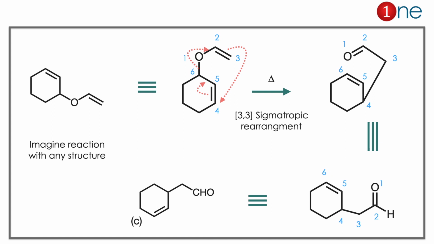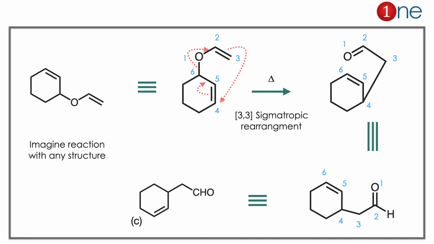So we have to redraw the structure nicely for the rearrangement. Here I redrew, then the rearrangement is possible. So what really happened is a 3,4 new bond is formed, 1,6 bond is broken. So if you redraw nicely, you have the answer C there. The answer is a little bit twisted. You have to know how to redraw nicely. Here you have to imagine the rearrangement.